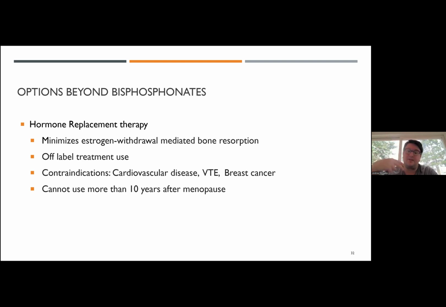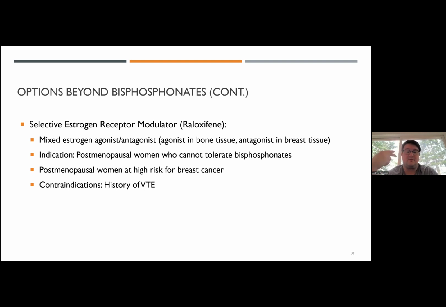You also can't use hormone replacement therapy for more than 10 years after menopause. You also have raloxifene, which is that mixed estrogen agonist and antagonist, agonist at the bone, which is why it's helpful for osteoporosis, antagonist at the breast tissue, why it's useful as an agent against breast cancer. It's indicated in premenopausal women who cannot tolerate bisphosphonates, and postmenopausal women at a high risk of breast cancer. Contraindications again are VTE. Interestingly, you should be conscientious of cardiovascular risk factors, but unlike HRT, it's not an absolute contraindication. There's conflicting studies, but